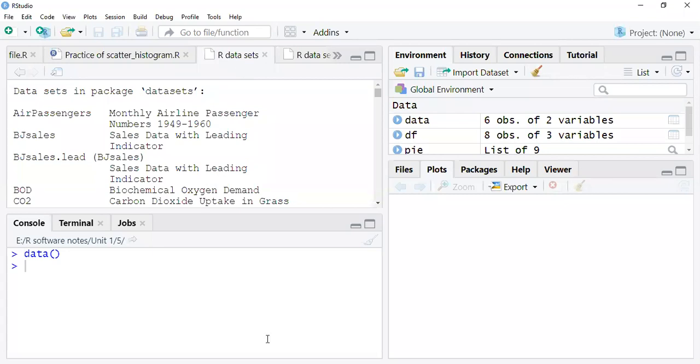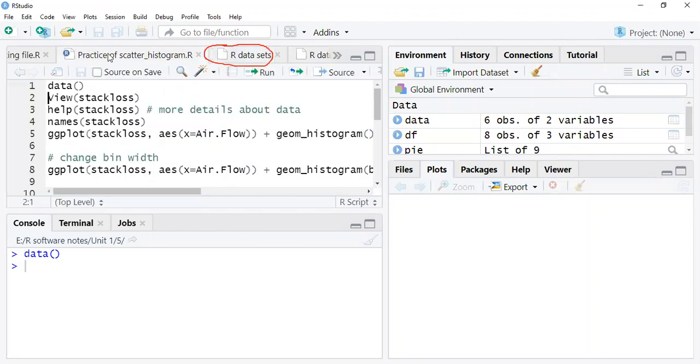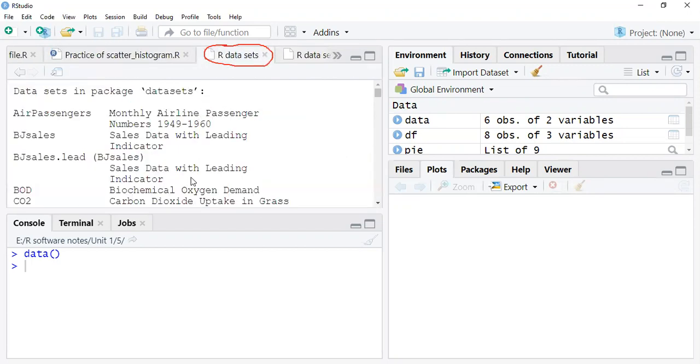Just give me a minute, I'll highlight this. That window is called R dataset. Once I click on data with the open and close bracket, it redirects directly to a new tab. That tab is the R dataset.